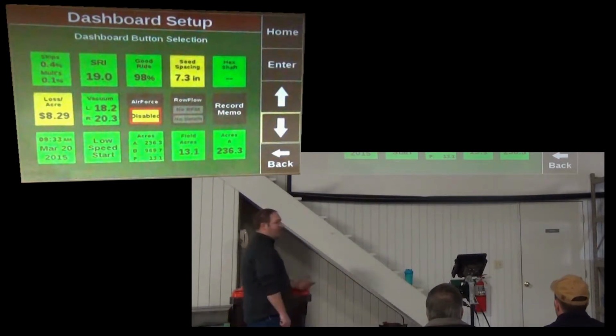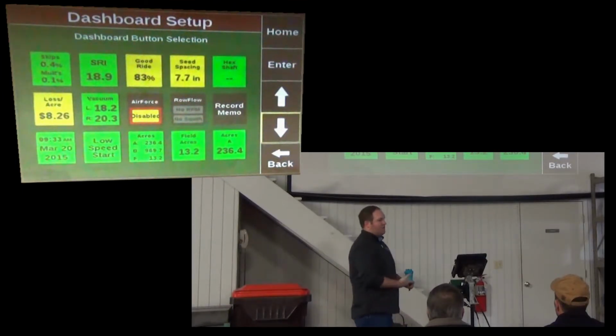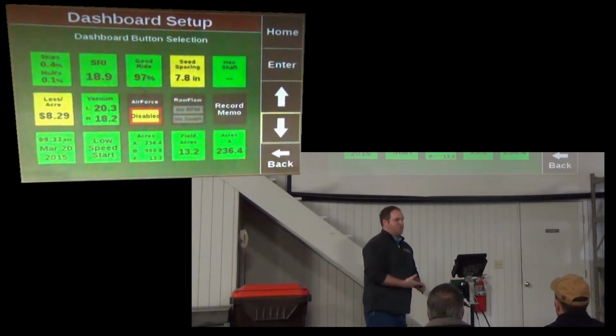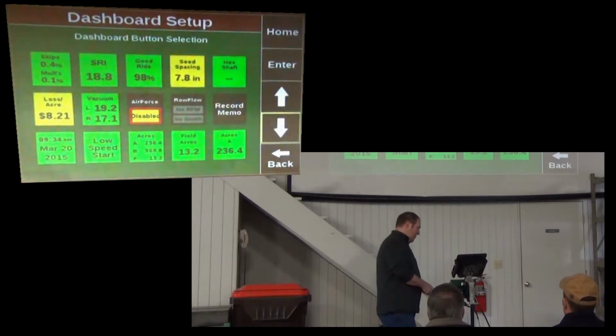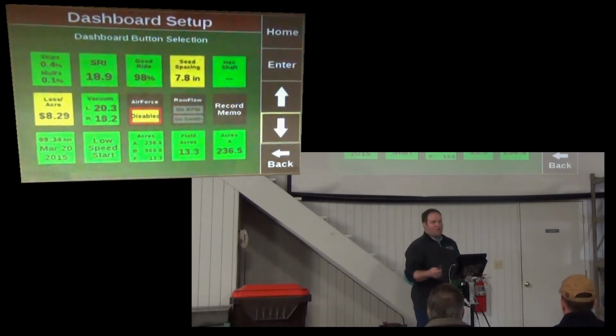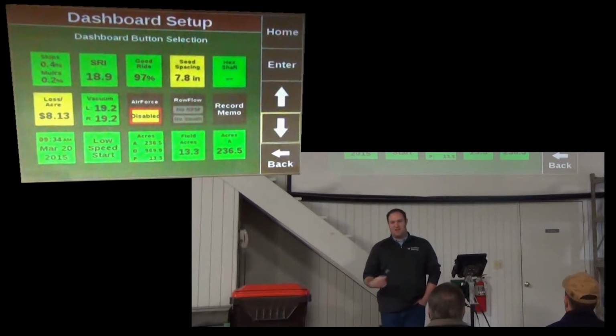Next row here, loss per acre. That's a measure of your singulation errors and spacing errors times an ear loss times a dollar figure for corn in price per bushel. So it's nothing different than what you're getting for singulation and spacing, but 98% sounds fairly good, but if it's costing you $8.50 an acre, it doesn't sound quite as good. So it's just a kind of a secondary measure to get people to stop a little bit quicker when